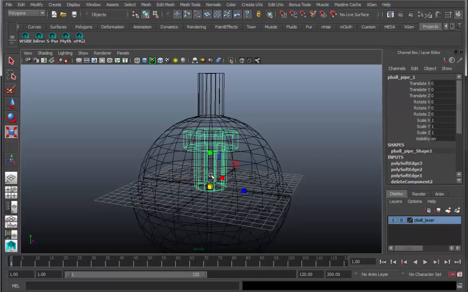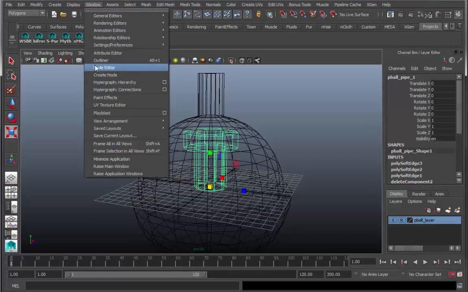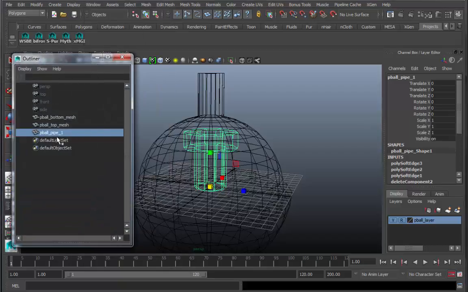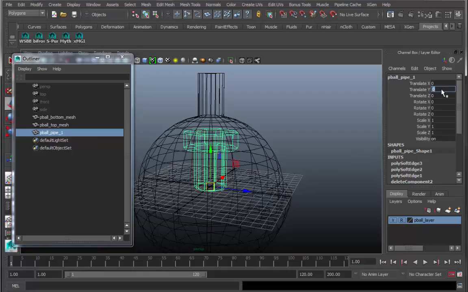And what we're going to do is we're going to raise this pipe up so that the beginning of its stalk here sort of matches where the beginning of this neck is. And then we're going to rotate it so that it slides along the surface. But we want to be very careful about how we do this. So for this operation, let's make sure that we bring up the outliner as well. So there's our mesh, P-ball pipe 1. Great. Let's translate this up